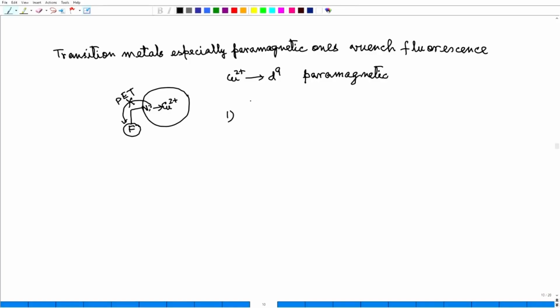There are several mechanisms in place to account for the quenching. These are number 1, conversion. What I am writing is the mechanism for quenching of fluorescence by paramagnetic metal ions or transition non-paramagnetic metal ions as well. Conversion of electronic energy